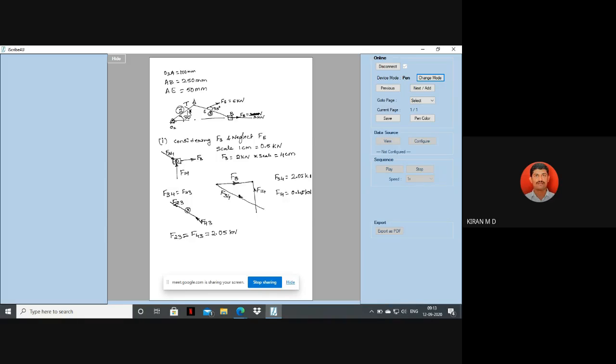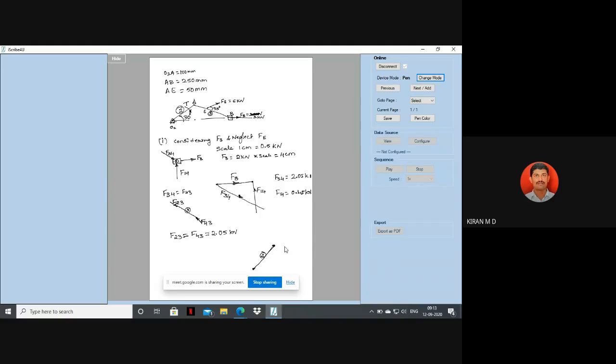Okay, so for that first you have to draw this link. What is the length? Take the same length. If O2 is 100 mm, you can use a 1:2 scale. So 50 mm at 30 degrees. You draw that line. Okay, 30 degrees, this is 50 mm. So now this is link 2.